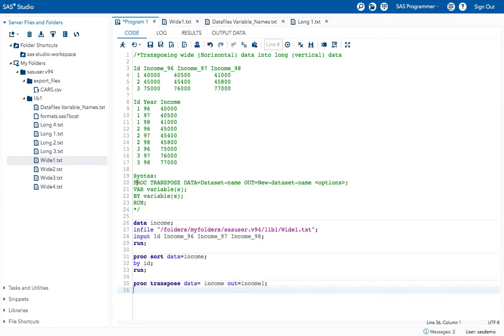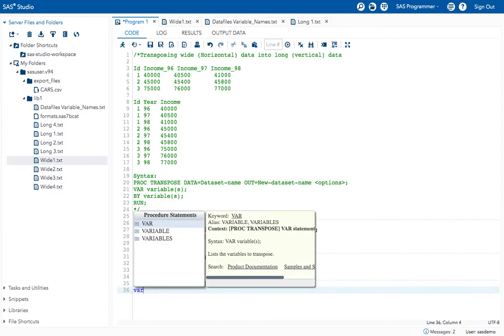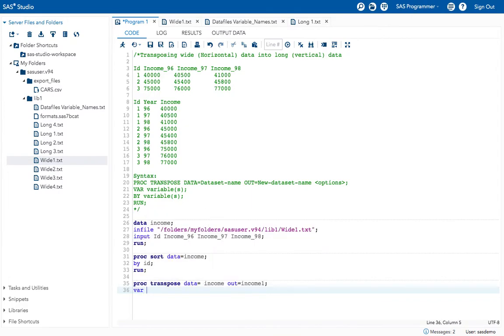After this, see, here is our syntax. We will give the var statement. In the var statement we give the variable names, right? The variables whose values are changing their shape. So I will give these variable names here.